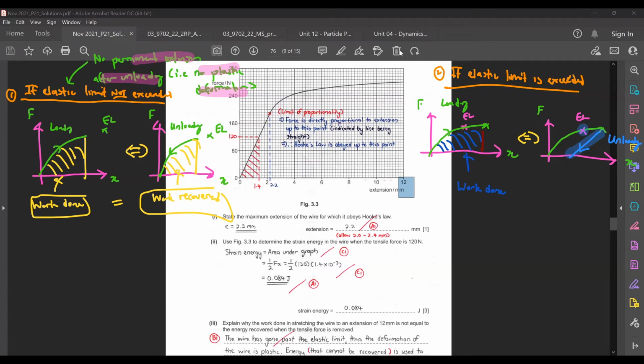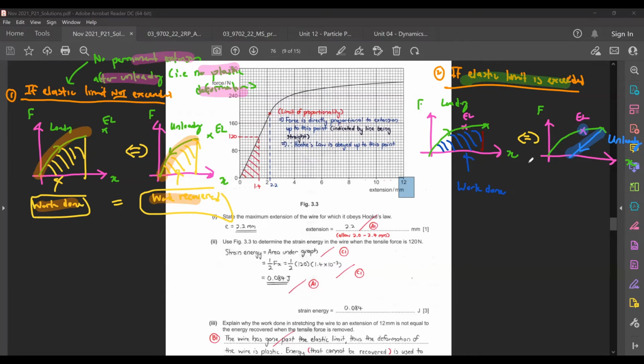The previous one was that you load it, it follows this curve, but because you did not go past the elastic limit, during unloading, it follows back the same curve. The area under the graph is exactly the same. So whatever work that's done is the same as the work that is recovered. But after your elastic limit has been exceeded,